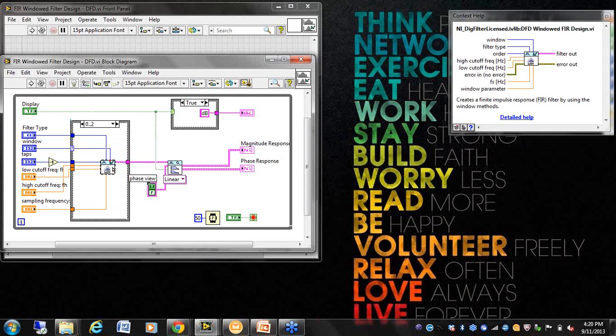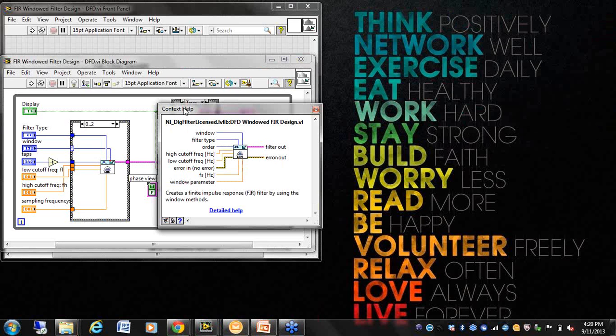You have predefined VIs for all of these. So what I've done is I've clicked on sub VI and I've gone for context help. And this is the DFD, which is Digital Filter Design Window, FIR design sub VI. Now this sub VI requires the window, wherein you choose what type of window it is,